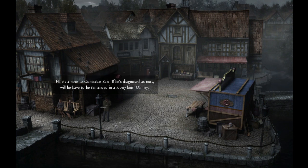Here's a note to Constable Zach. If he's diagnosed as nuts, will he have to be remanded in a loony bin? Oh my...